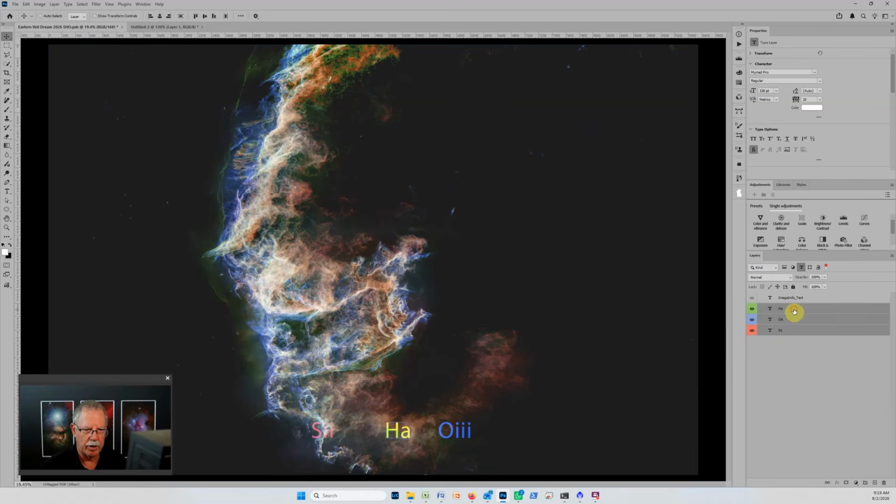And then if I want to organize them, I might select just the HA and move it over, select the O3, move it over to get nice even spacing. And if I want to move all 3, I could click on one, shift click at the other end, and it will select all of those. I don't want to select this image info, that's the one up at the top,